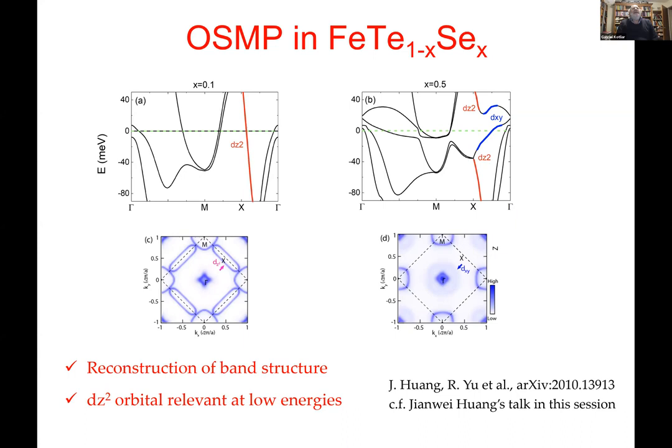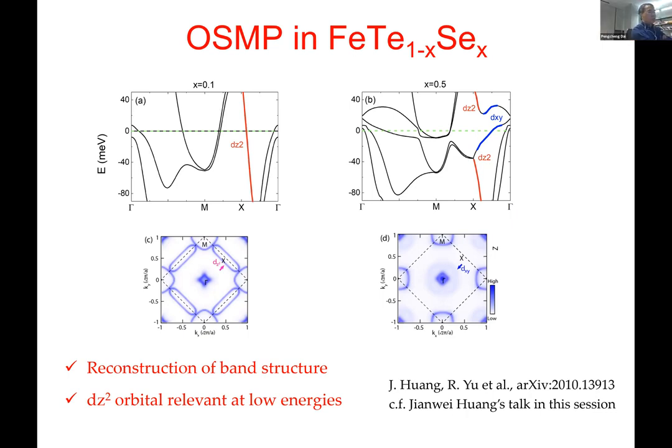Because again, if there's an orbital selectivity, there should be no hybridization if you're really deep in the Mott phase. Right. So as we tune towards iron tellurium, we don't see the hybridization as much. There will be a slide on the cut as a function of the substitution level in the next talk.